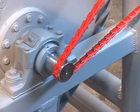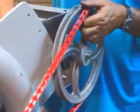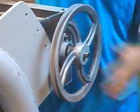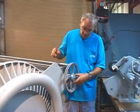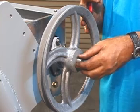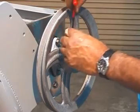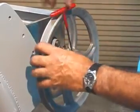The installation of the 12-inch V-groove pulley is required on the level wind shaft and is driven by the main shaft of the reel and provides the mechanically driven operation of the level wind. To install the 12-inch V-groove pulley, it simply slips over the end of the level wind shaft, noting that it is lined up fairly well with the V-groove in the main reel shaft, and simply tightening the Allen set screw